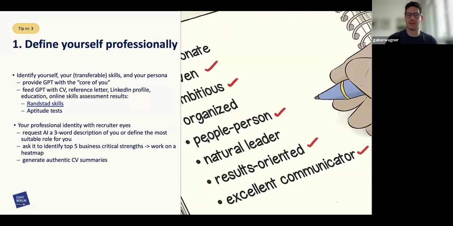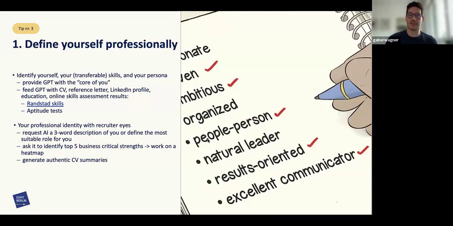It doesn't really matter, because the AI will be able to sort the information, and with the following prompts, you will direct this information sorting in a way that will help you plan your career or prepare for an interview. You can also use different online skills assessments and aptitude tests.